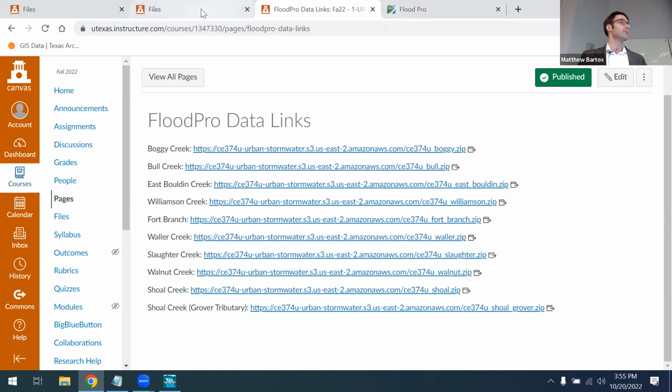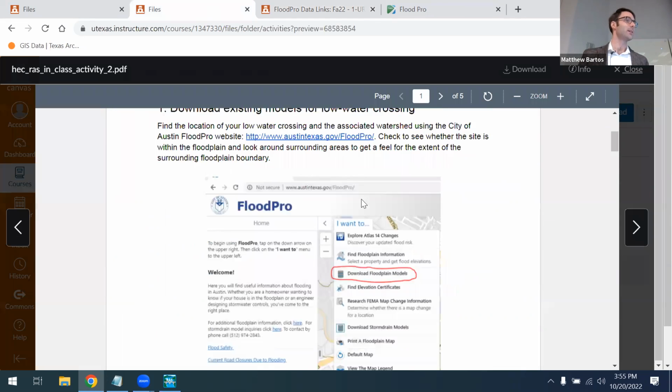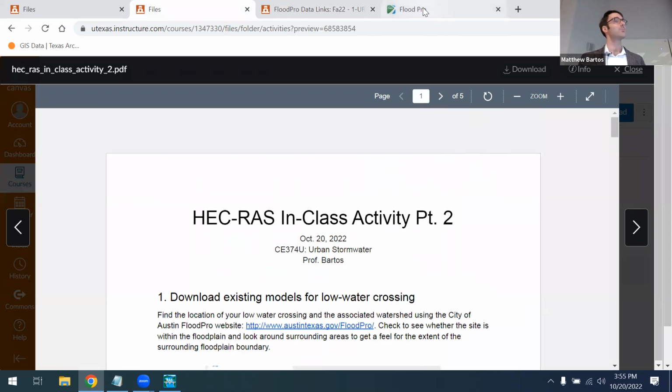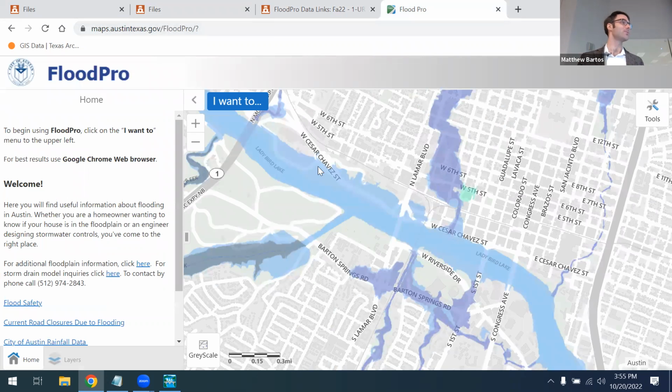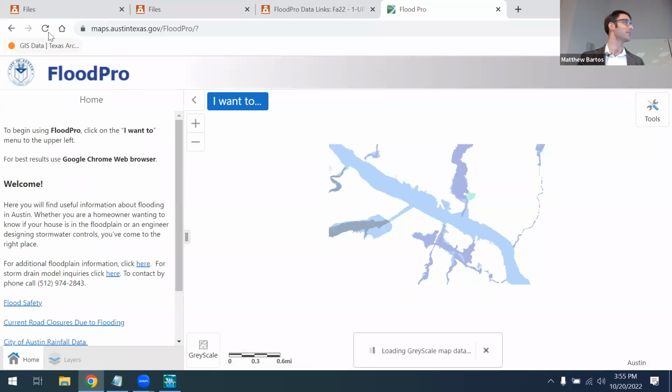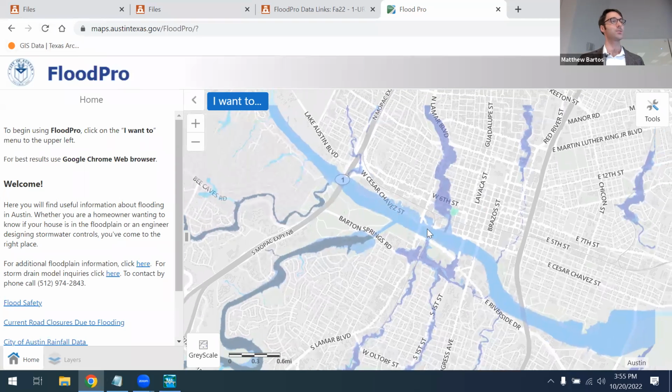So really quick, just so that we're all on the same page, I want to take you through the process of downloading data from Floodpro and describing what these data sources are. Floodpro is a website maintained by the city of Austin for flooding analysis. This here is a map interface that is essentially just showing the 100-year flood extent. So to download